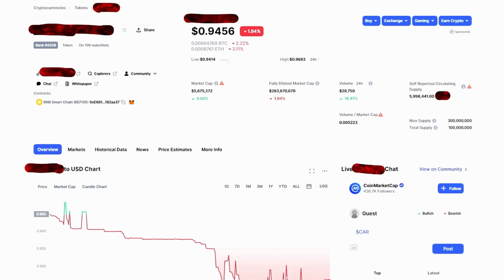So first thing I do, I look up the random shitcoin on CoinMarketCap or CoinGecko, whatever, just to see where it sits in the whole standing. I just want to get a feel for it. So first of all, where is it? Around 4,000, so on page, God knows, like 450 or whatever. It's got no market cap, so it says fully diluted market cap. That's basically saying if all of the coins were liquid, it would have this market cap. But you ignore that, that's bollocks. This is the one you look at. Okay, 5.6 million. That's not too bad, but that could still be hiding a few things.